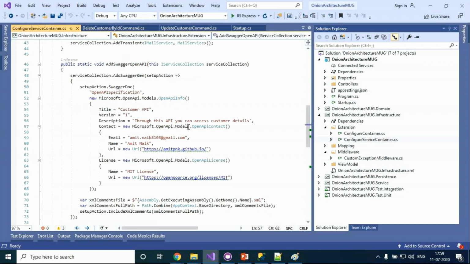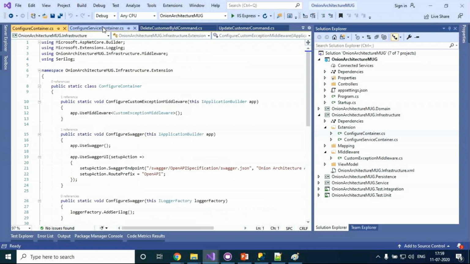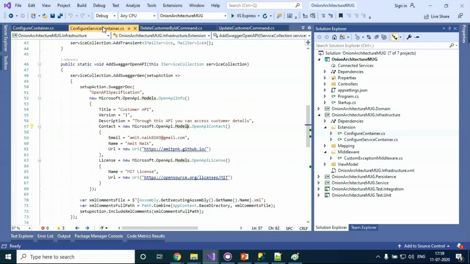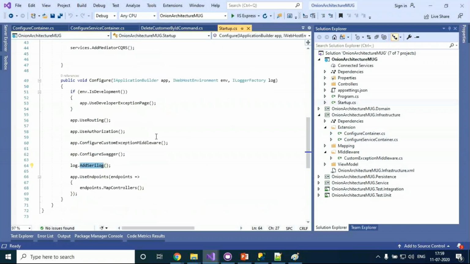And the same case for the container. For logging also, I wrote add Serilog logger, which will override the logger factory.